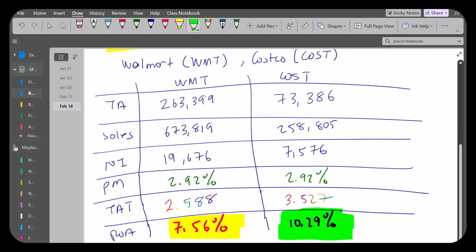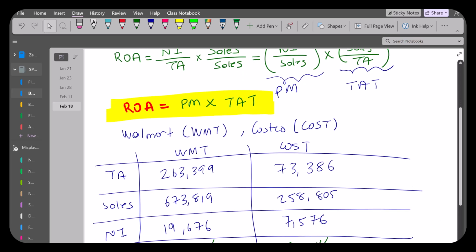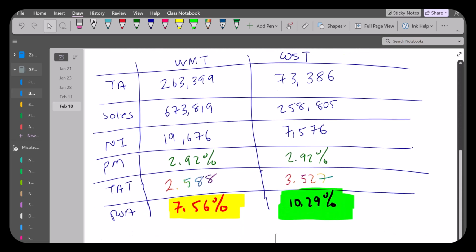This actually pretty much makes the point for me. I multiply profit margin by total asset turnover. That's what Baby DuPont tells me. I mean, I could have also calculated directly, divide net income by total assets. But it was available to me. Since it's an identity, it doesn't matter how I calculate it. Now,